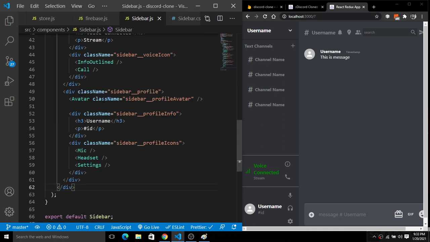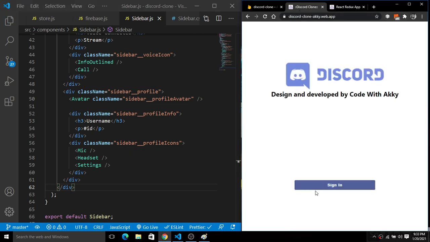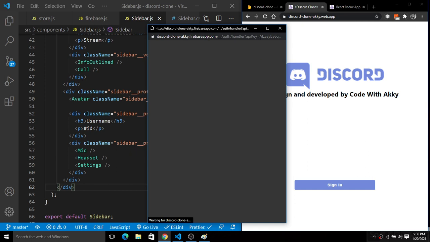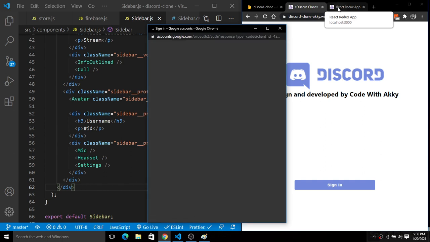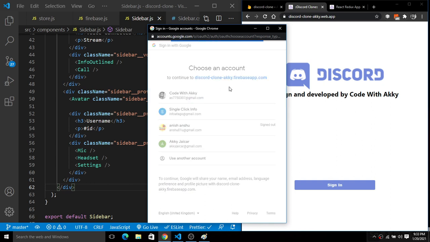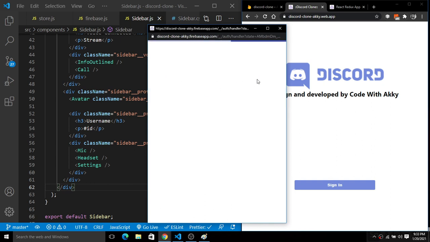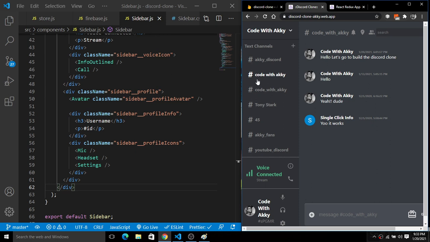Inside of this sidebar.js we have a sidebar bottom. For this sidebar bottom, as you can see in the deployed version, let me sign in again in the deployed version. Basically, as you can see, we have the profile picture of the user at the very bottom of the sidebar. How will we fetch the profile picture of the user? First of all, you have to simply dispatch all the information.